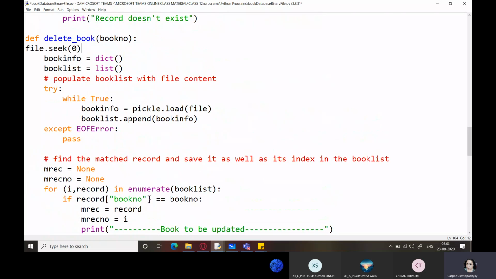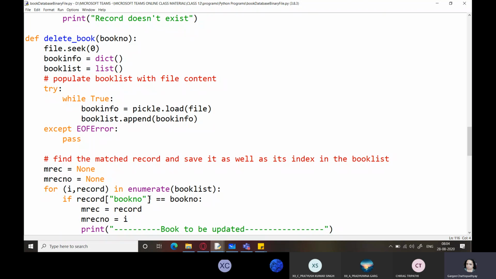So file.seek 0, we will seek the file pointer to the beginning. Then book info equals dictionary, book list, populate the book list, everything, find the matched record.